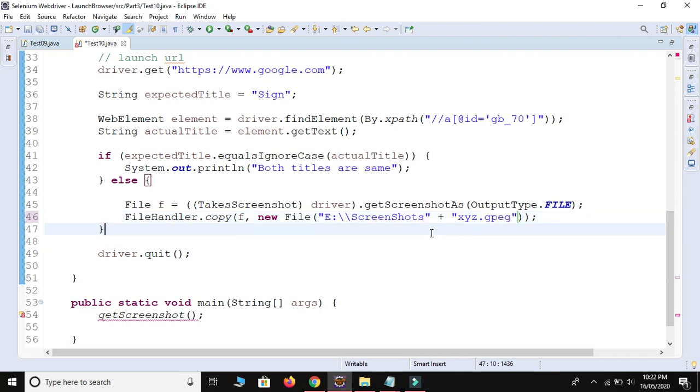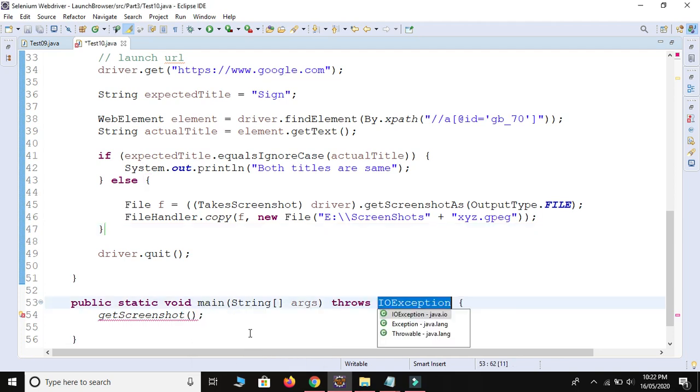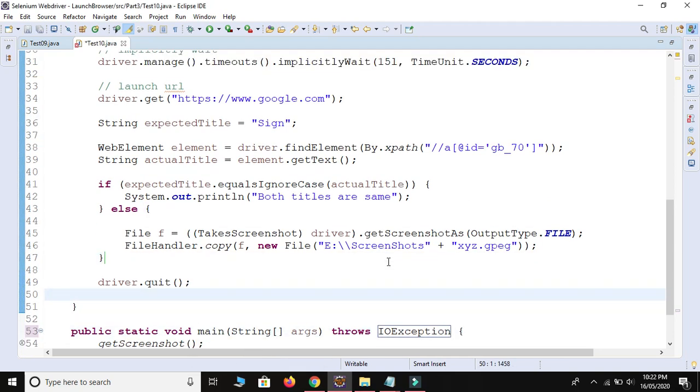So let me save, Ctrl Shift F to arrange your code in a proper way, and Ctrl S to save. This also throws some error, so throws, save. So it will take the screenshot of the web page and store inside the E drive, inside the screenshots folder, with the name xyz.jpeg.